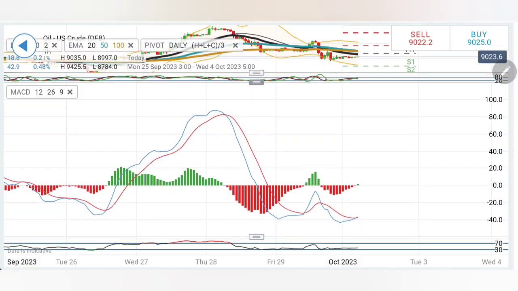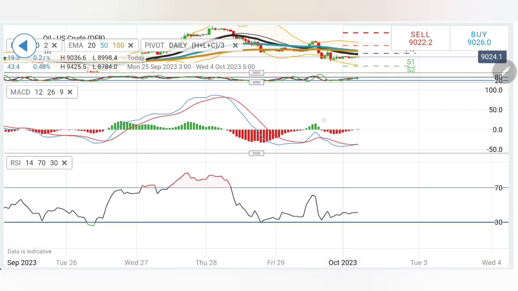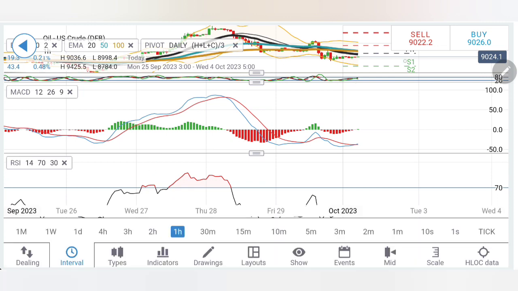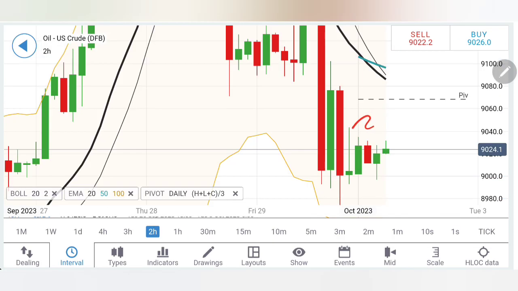If you look at the stochastic, this is rising. The MACD has formed a double bottom here, and it is crossing over here. This also suggests a possible rise. RSI is staying flat. Now on the 2-hour charts, note these 4 candles. The preceding 4 candles yielded lower highs and a flat bottom. This candle is trying to break out, and hence the possibility of a little rise exists.